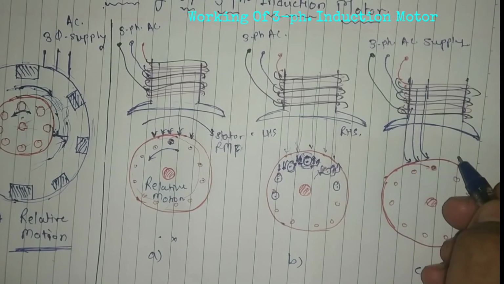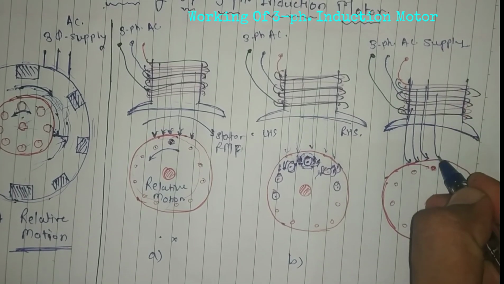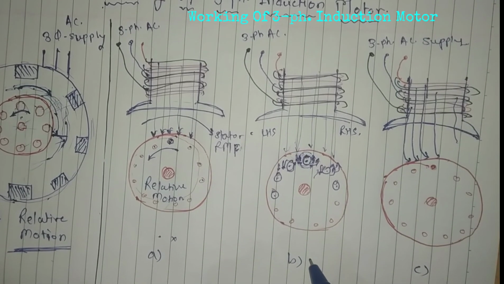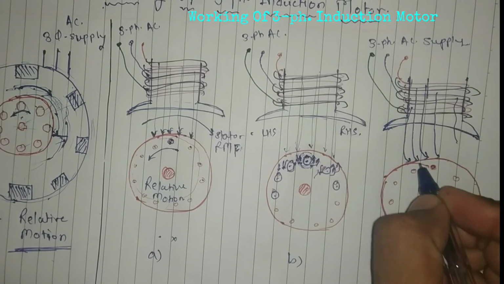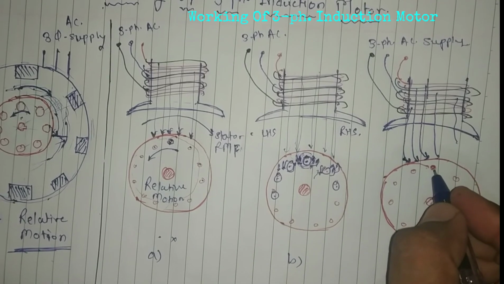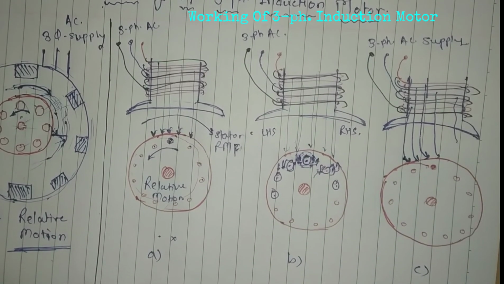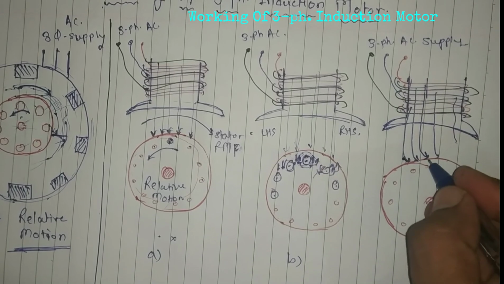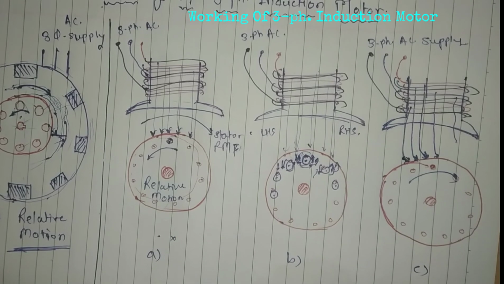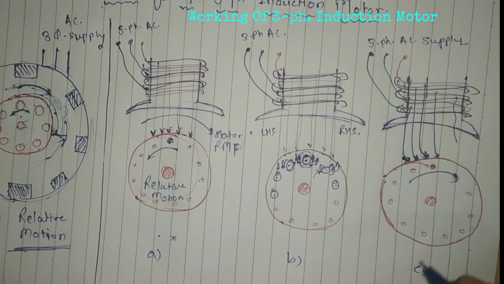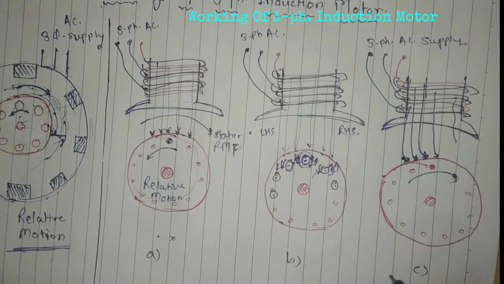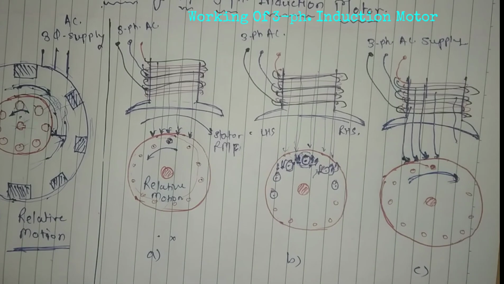Okay, here in this third diagram, you will get the fluxes like this, and at the right hand side there is nothing, or you can say a weakened flux. The flux is going to weaken, right? But at the left hand side, the flux becomes thick, becomes dense, and this is how it will push. This is how the magnetic force is generated, and your rotor will start rotating in this direction, the same as the rotating magnetic field direction. Your rotor starts rotating in the same direction.